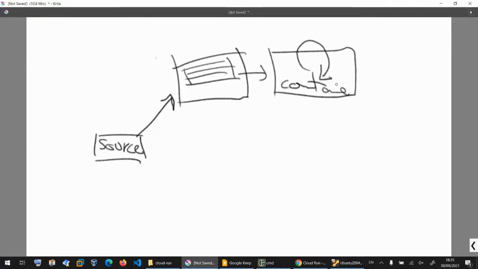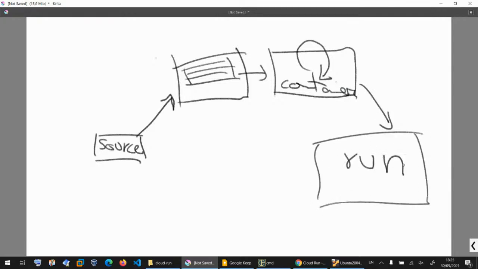And then this container, I will bring it back to Cloud Run. So the storage on GCP, because I'm not going to use my storage, I need to store it somewhere inside the GCP. This is called the Google